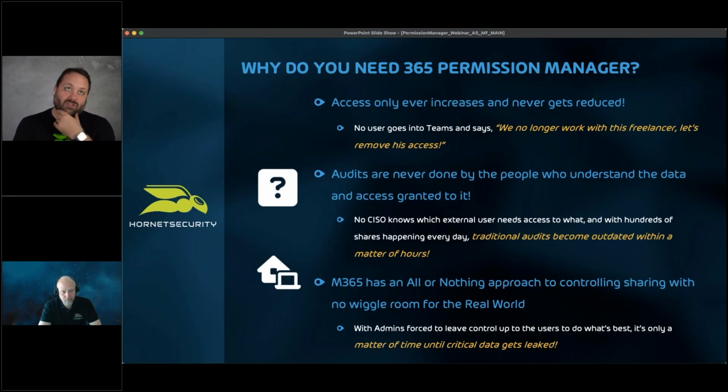And in the 23 some years of my career, I can think of one case where an organization was like, you know what, let's go reduce permissions across the board. I can think of one case in all that time. And to the next point, those audits, those changes are never done by people who understand the permissions and the